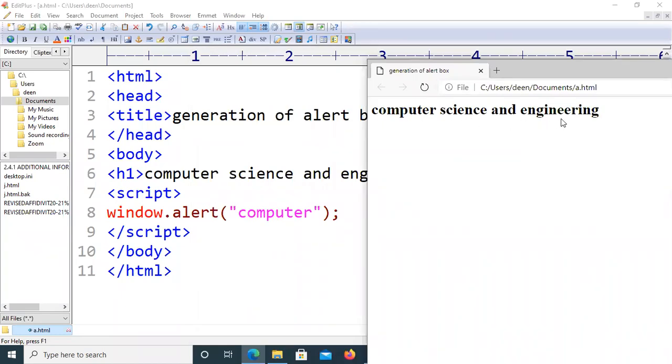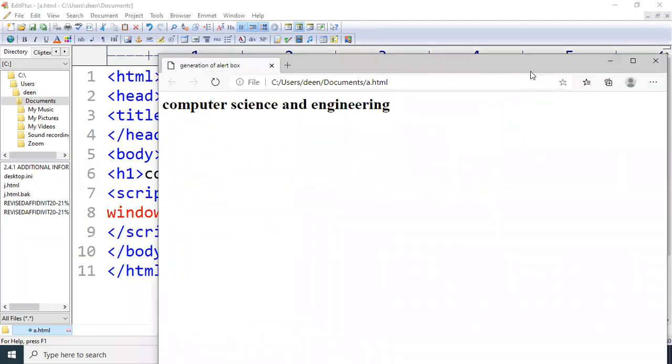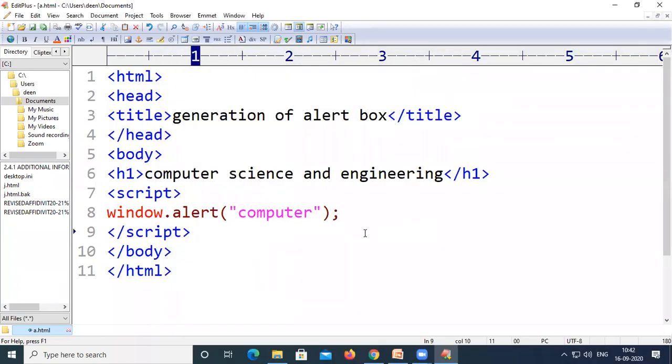science and engineering. Now for what purpose can we use this? For example, I have given a message like: it is not a safe website.